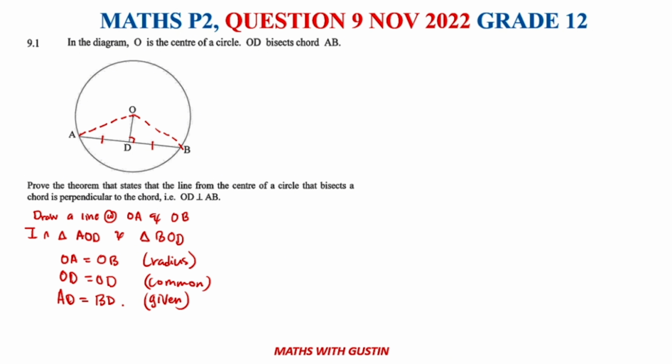Remember guys, here we're just sticking to the basics. We don't want to try something else that we don't know anything about. So once we have that, we can easily say triangle ADO is congruent to triangle BDO. This would mean that our reason is side, side, side. Okay, so once we have that,